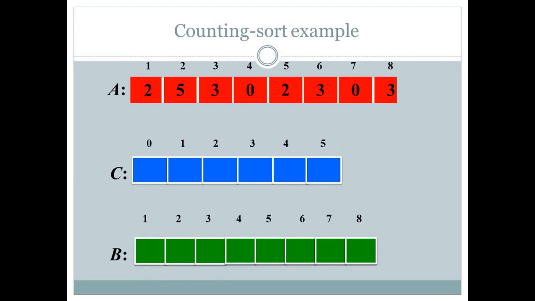Now this is an example. In this example we have a total of 8 numbers in our array A, meaning our input array will have 8 elements. We will sort these elements and place them into our array B. For sorting we will take a temporary array, and the temporary array will be C. Here you can see that for arrays A and B we will start indexes from 1, and for array C we will start the index from 0.